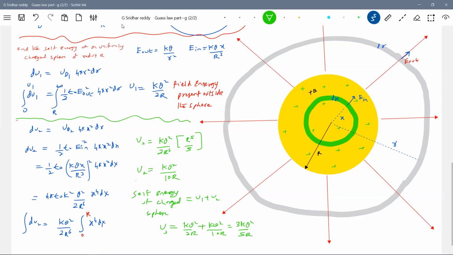Sir, why can't you derive it by the work done? This will be very difficult for me to assume that elemental structure and all. So using energy density, we're able to